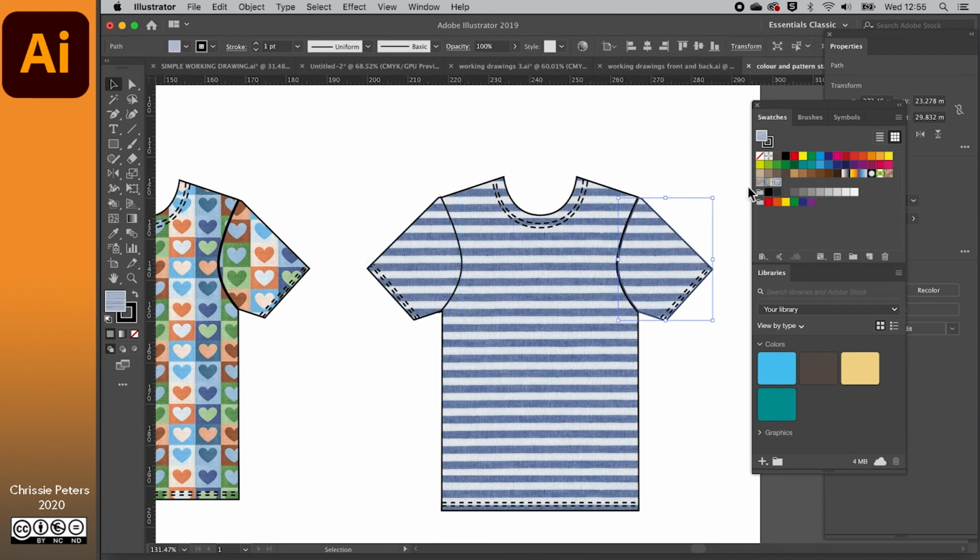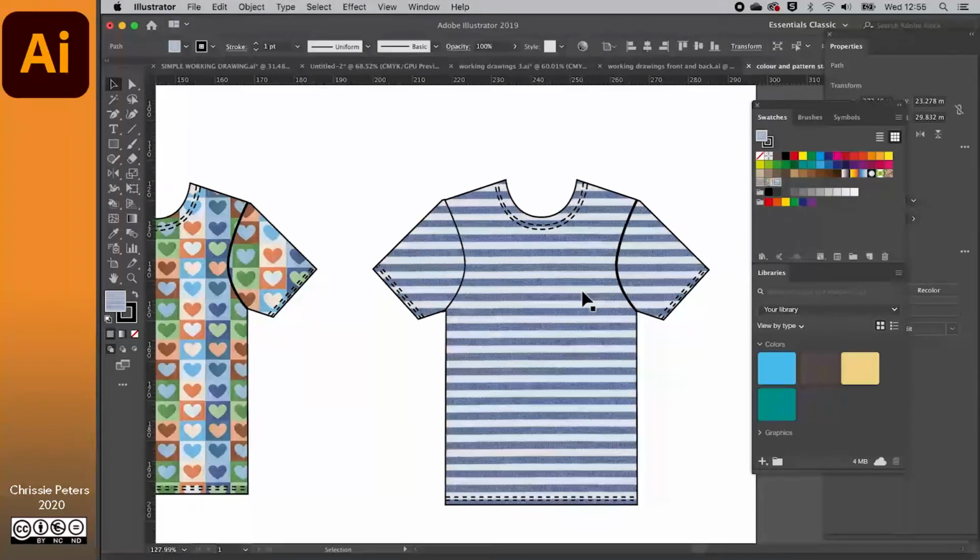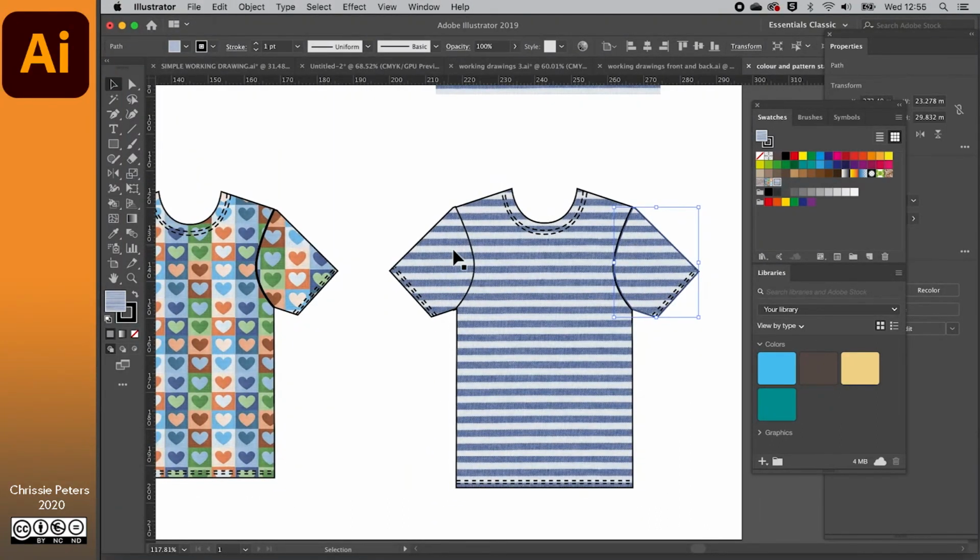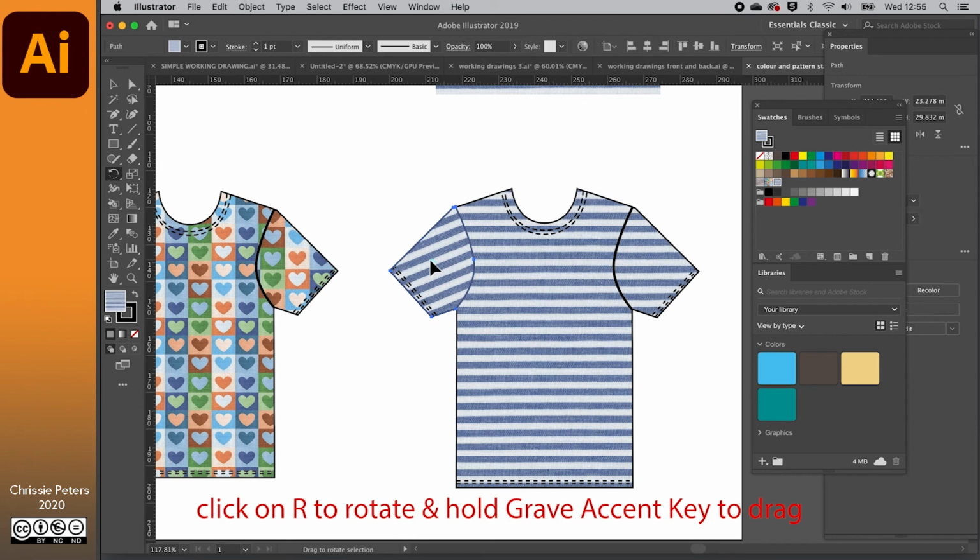But now when I select the sleeves, I'm not quite getting that. Usually when you add pattern to sleeves, you wouldn't get that join, you'd get maybe the stripe the other way. So we can sort that by using R on the keyboard, holding down the grave key, and then you can just rotate the pattern within